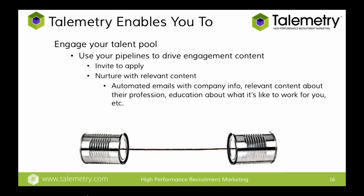And it also allows you to engage your talent pool, right? So you can use pipelines. So you've got these pipelines set up. You can use those to drive content out to your potential candidates. So you're able to understand who's within a certain pipeline and what kind of content might be most relevant to them. So you're not sending out broad